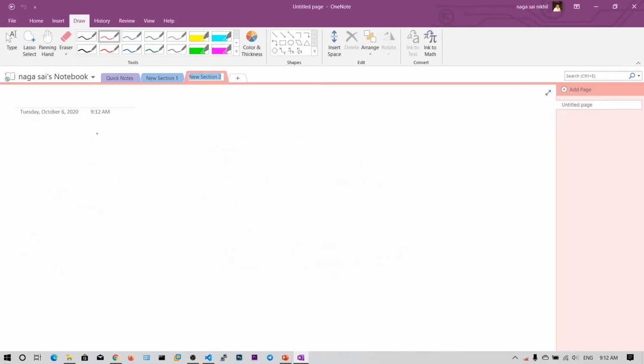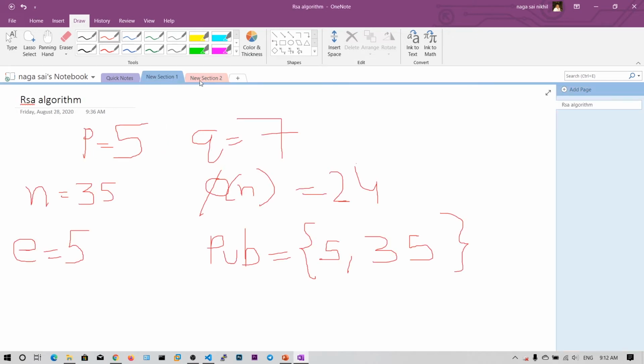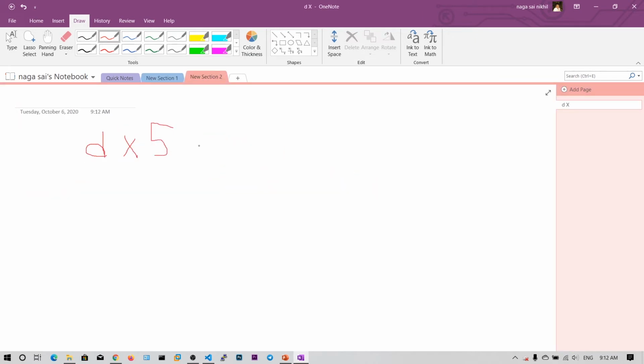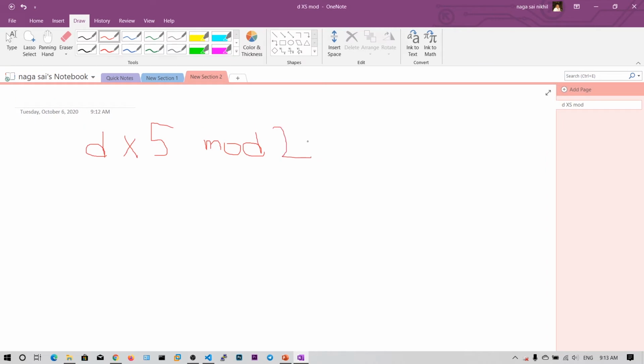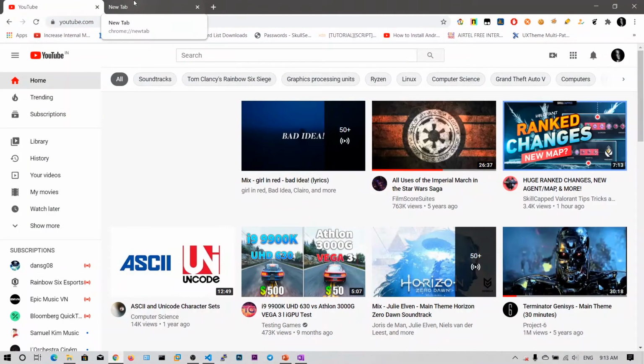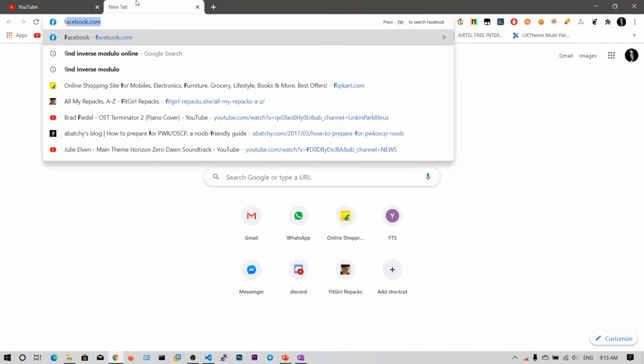We have already seen that d into e, which is 5, mod phi of n, whose value is 24, is equal to 1. To calculate the d value, I am going to use an online tool.